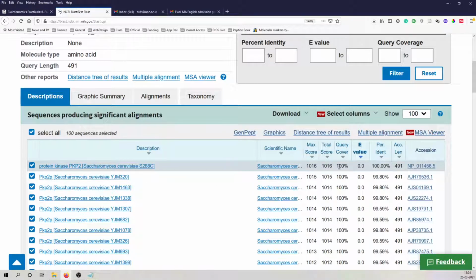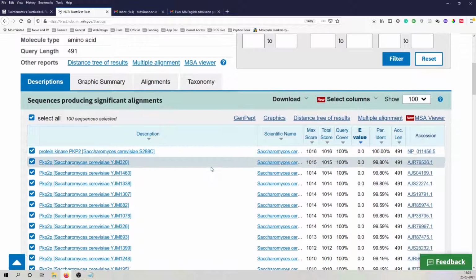If the query coverage is less, then the identity doesn't imply that the entire sequence is matching. If you have 100% identity and 100% query coverage, both sequences have the same length. Otherwise, one sequence will be shorter and the database sequence may be longer or shorter. That will be different.